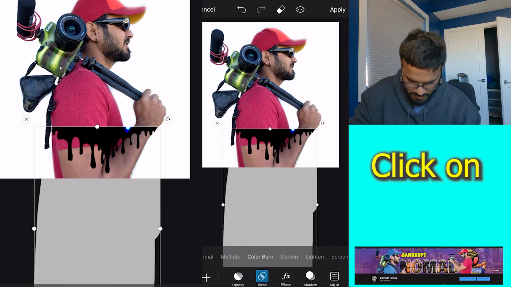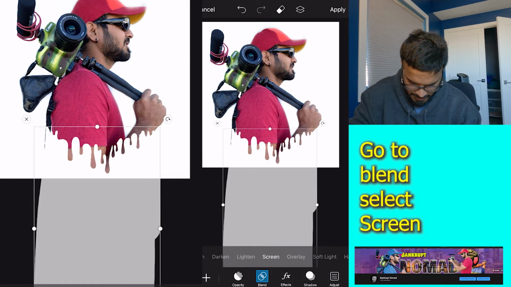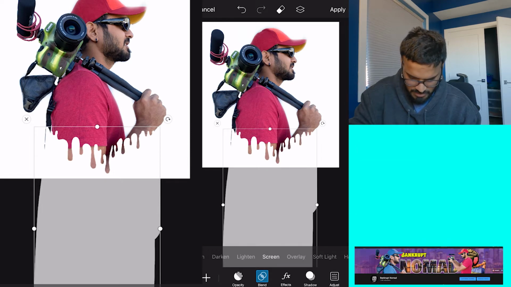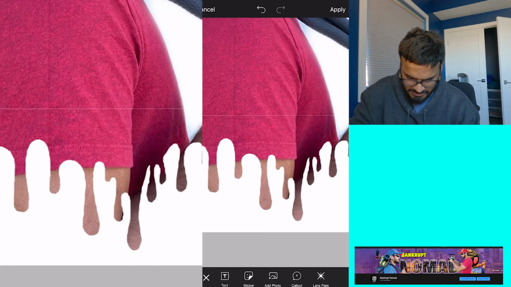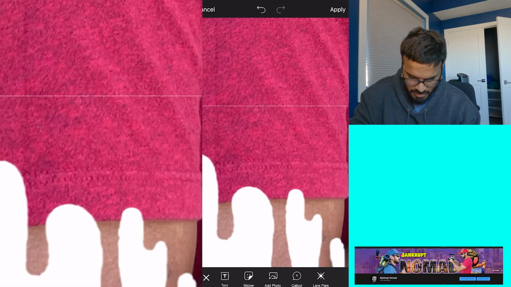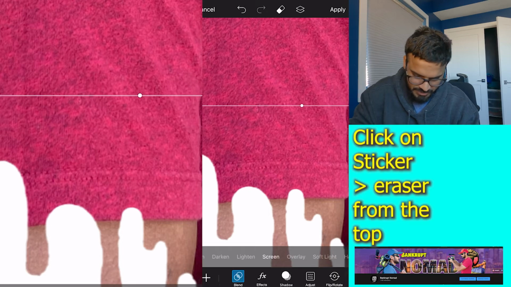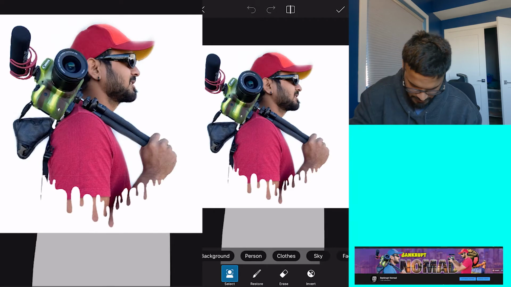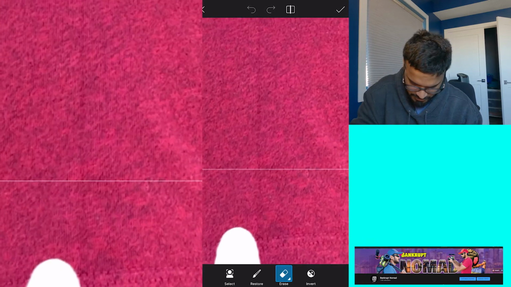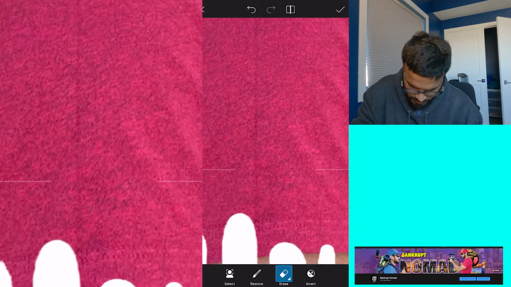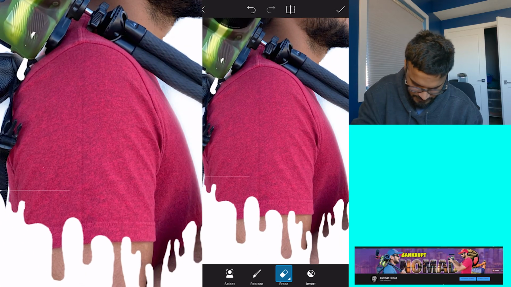I'll do this. For me, I think this looks perfect. Then after that go to blend and go to screen. Once you have this, you can see how it already created that effect. But if you zoom in, you see this white line here, and to get rid of that, click on the sticker, and on top you see this eraser tool. Click on the eraser tool and erase, then zoom in and start erasing those parts. So once you erase those things, you should be